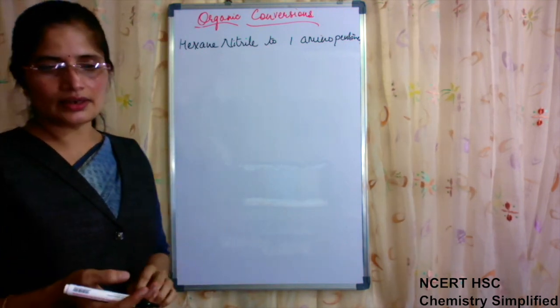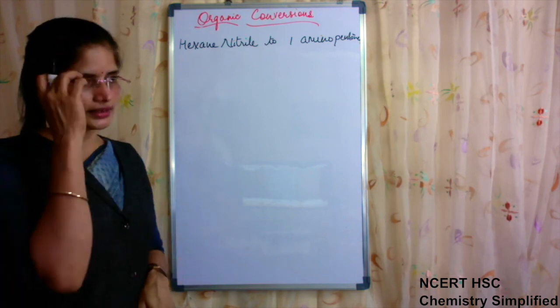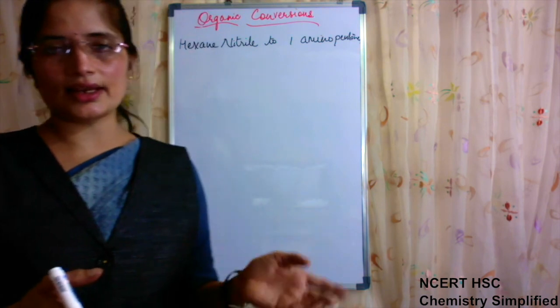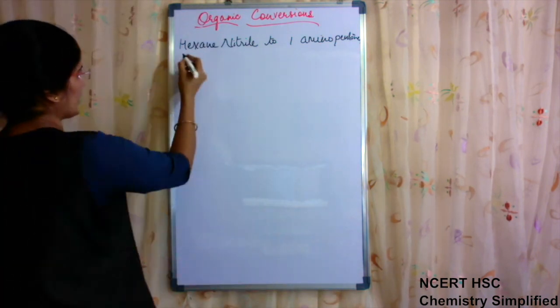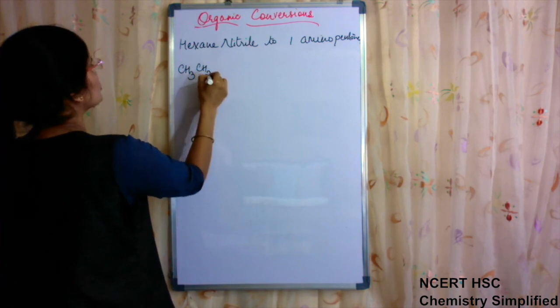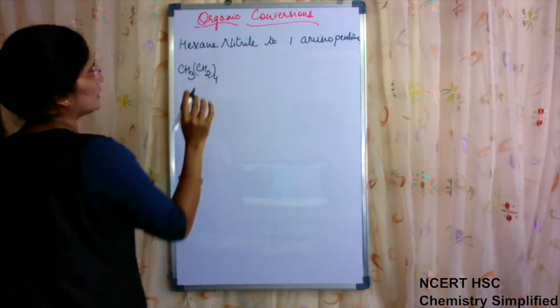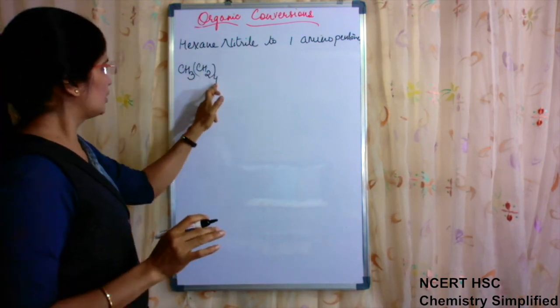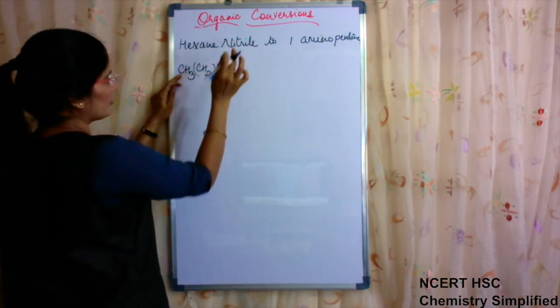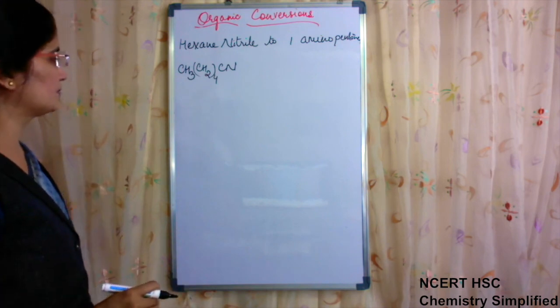Hexane cyanide when it is written, hexane nitrile it is written. So you forget whether the C of nitrile is to be included in the chain or not. So hexane nitrile means what? CH3, CH2 4 times, I am not writing in chain, 4 and 5 carbon, and the 6th carbon will be of nitrile, cyanide. Okay,